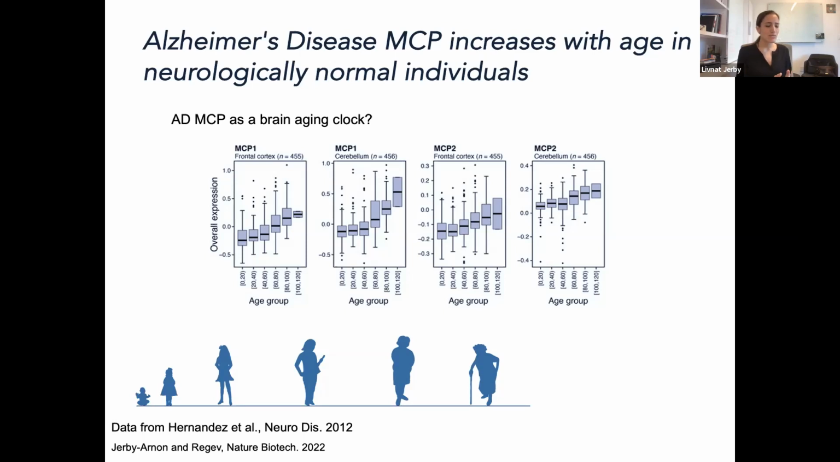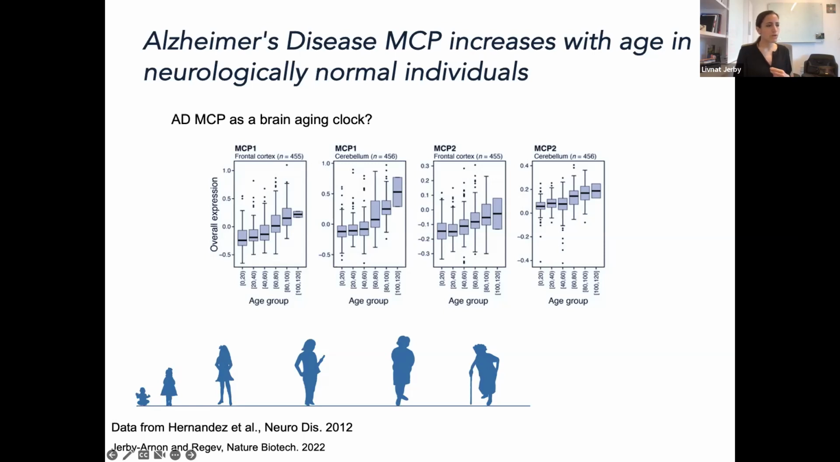We know that Alzheimer's disease is a function of age. We rarely see Alzheimer's disease below the age of 50. And so we used data from hundreds of individuals, which were neurologically normal. And what we found was that these two MCPs are upregulated, are increasing, and you can see this here, in different parts of the brain in a nonlinear fashion as a function of the age of the individuals,